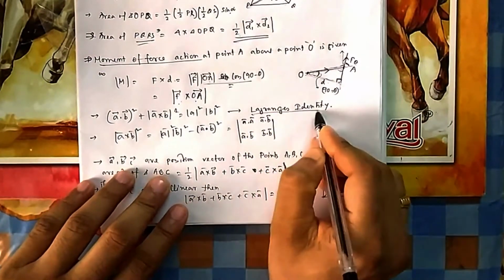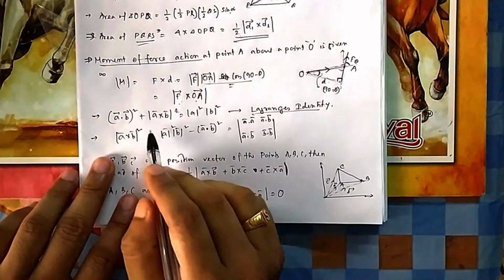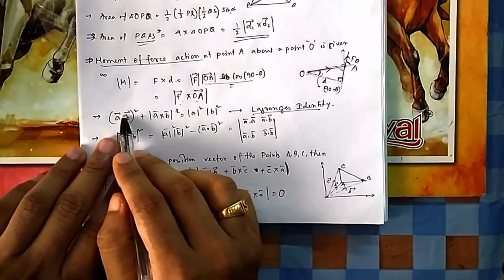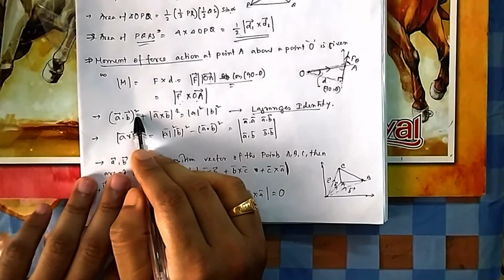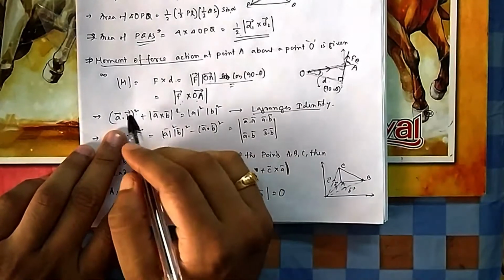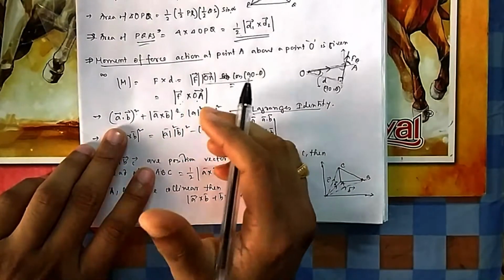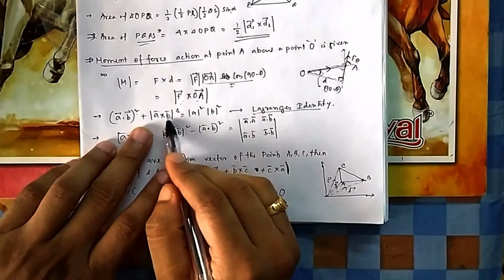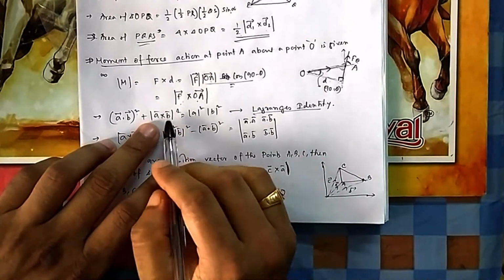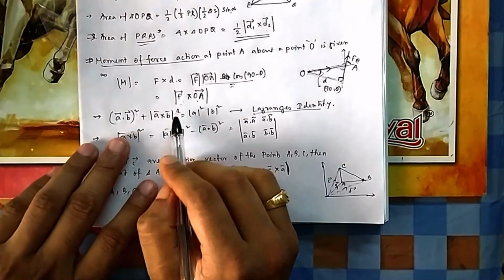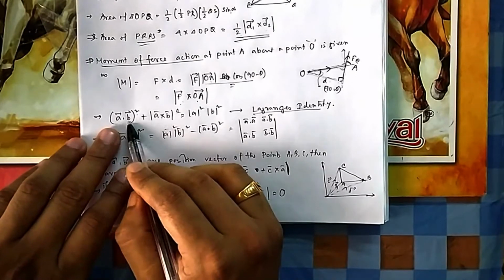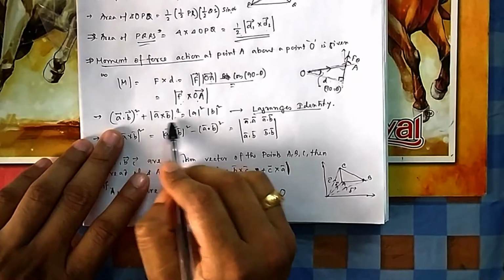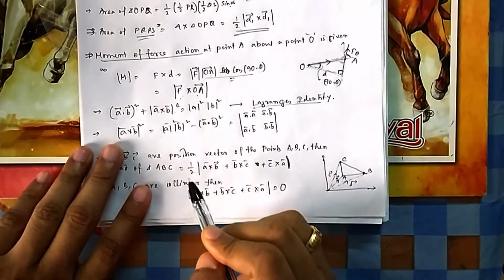One Lagrange identity is there, a very important identity: A dot B whole square plus A cross B whole square is equal to A square mod B square. Now you can see this is not a vector, so don't think of it as a vector square. Vector square was A dot A. This is not that, it is a scalar. A dot B will give you a value. If you take the magnitude of A cross B, that will also give you a value. How does this square become this one? Because this is A square B square cos square theta, this is A square B square sin square theta. So if you take A square B square common, cos square plus sin square is 1. So that's why it is A square B square.